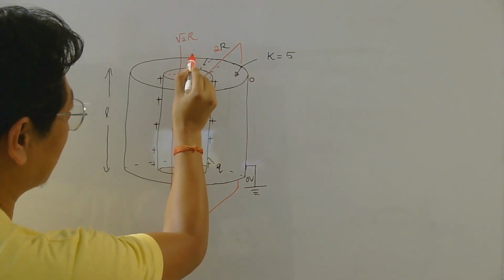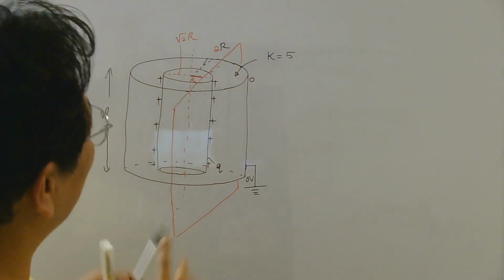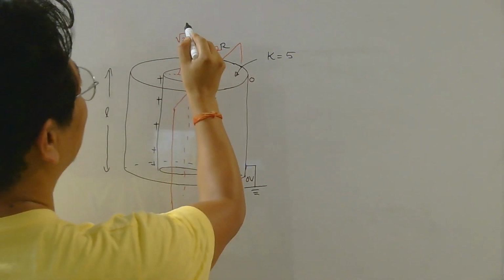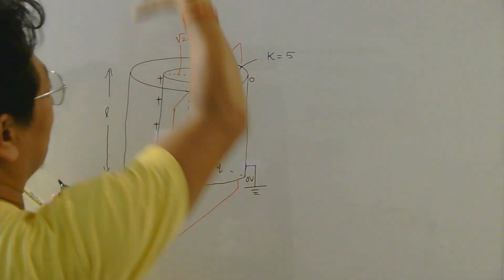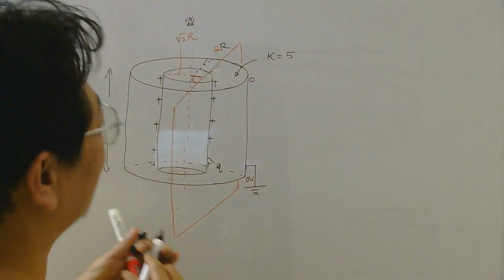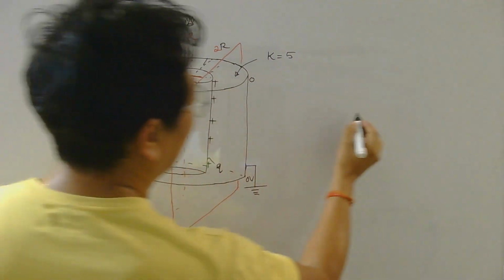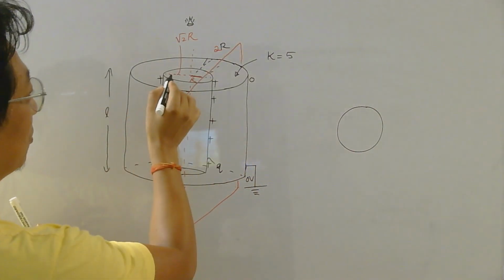This is the axis of the cylinder, right? Now when you see it this way, you may get a little confused. So what JEE Advanced has done is it has also given you a view from the top, meaning the cross-sectional view. So if you see from the top, you will see this inner cylinder as a circle of radius √2r, remember,